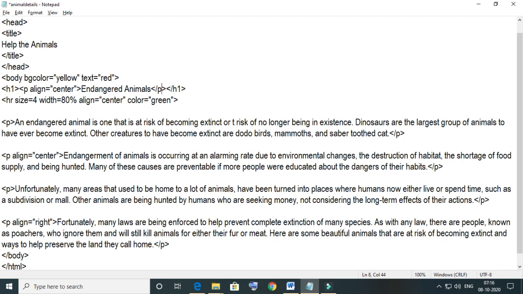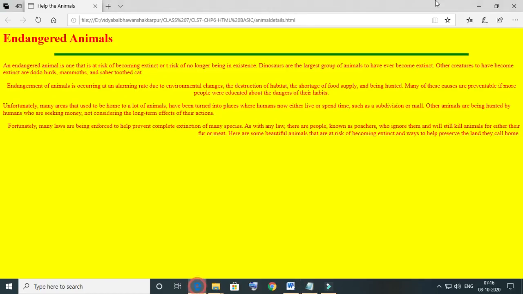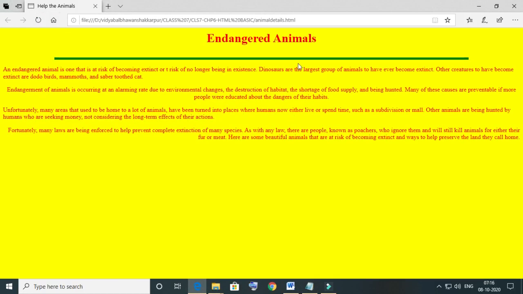Now it will be in center position. Just see it is in center position, and then let's make some text bold, italic and underlined.